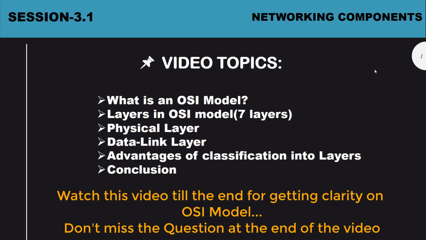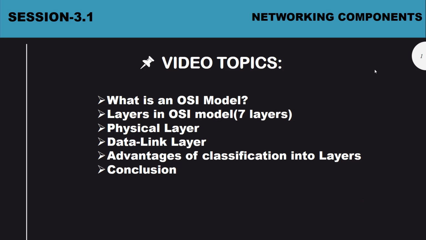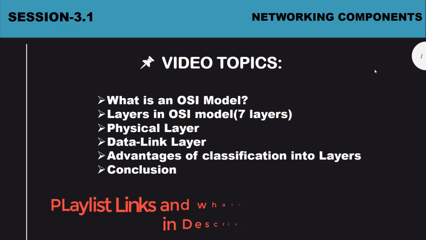So actually, this is session 3.1. I have already done two sessions, session 1 and session 2, and in session 2 we have some 5 subcategories, where I discussed switch, router, hub, etc. If you didn't watch those videos, please go and watch them. That gives you immense knowledge of the basics of networking. Then you will get a clear idea how the OSI model works, right? So without delay, let's dig into the concept right now.